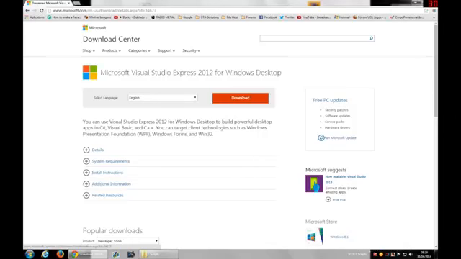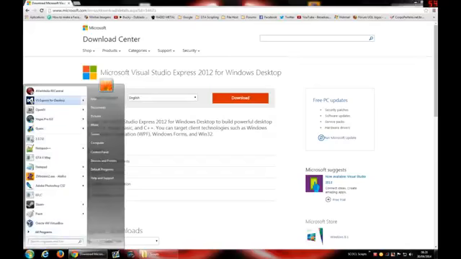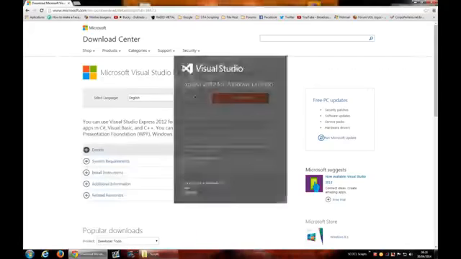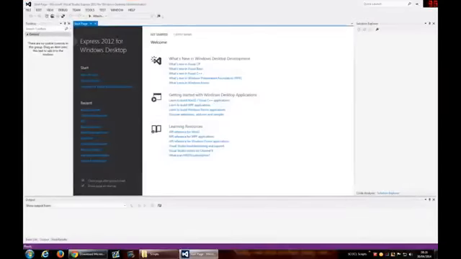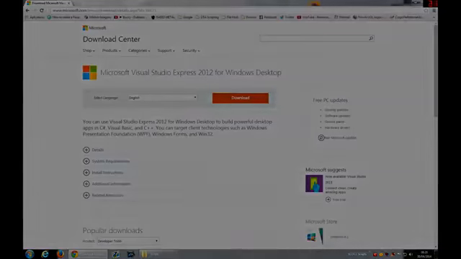So after downloading and installing the software, making the security registration or whatever it needs, we will be able to use a program like this one here, that is the editor that we will use, and it's free. You don't need to pay anything, so we can do all we need with this software.